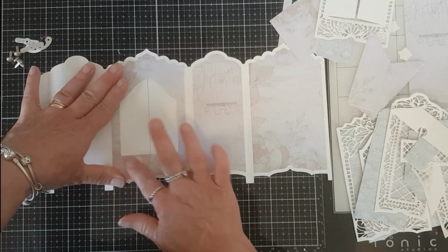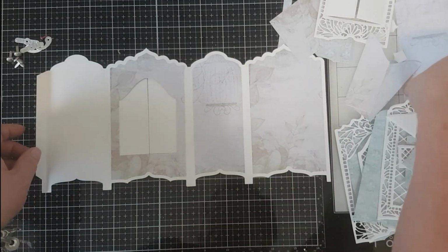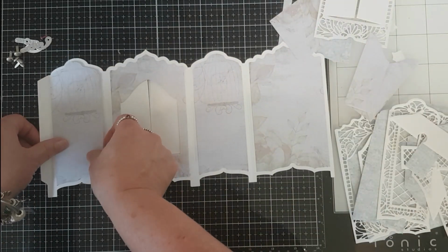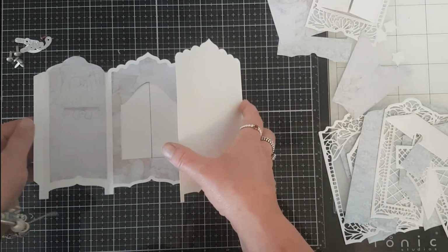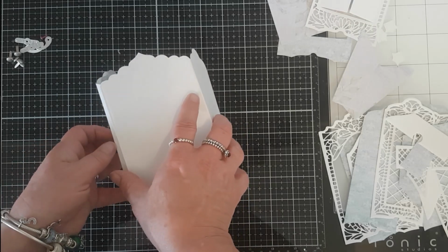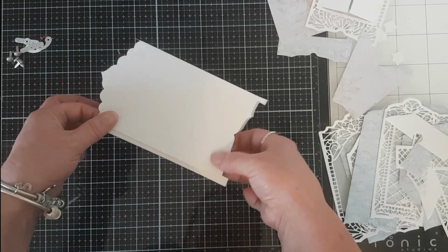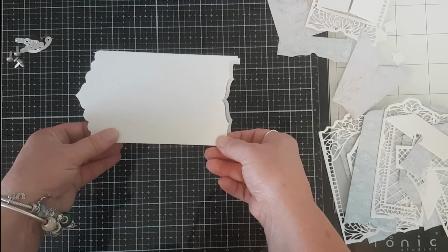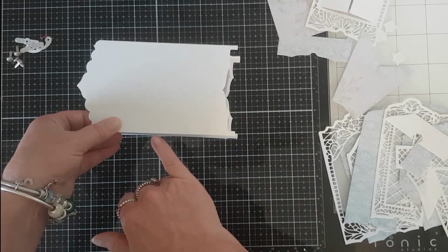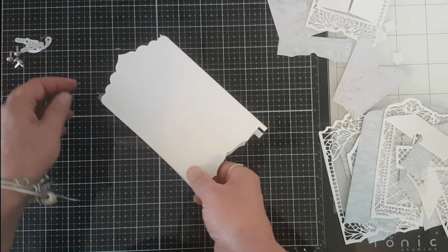I don't want to do that at the moment because I need to get the brads in place working from the front. Now I have got this panel here, but before I stick it down, I want to work out where I'm going to put the holes for my closing mechanism at the back, if that makes sense. So I want to work out where that's going to be. I can then put the holes in place and then put my decorative panel down. So I think, now